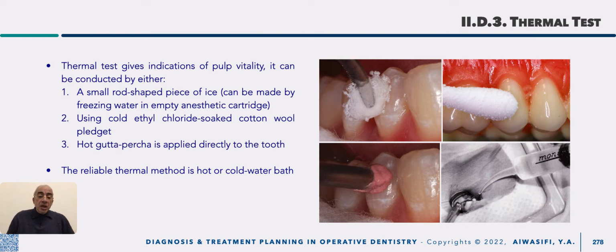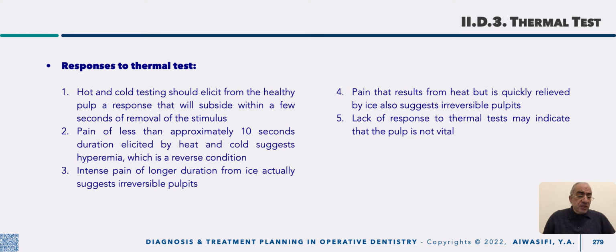But the most reliable thermal method is a hot or cold water bath, under complete isolation with rubber dam. Responses to thermal test may be to hot and cold testing, just feeling a little bit hot or a little bit cold. It's a normal response when it subsides within a few seconds of removal